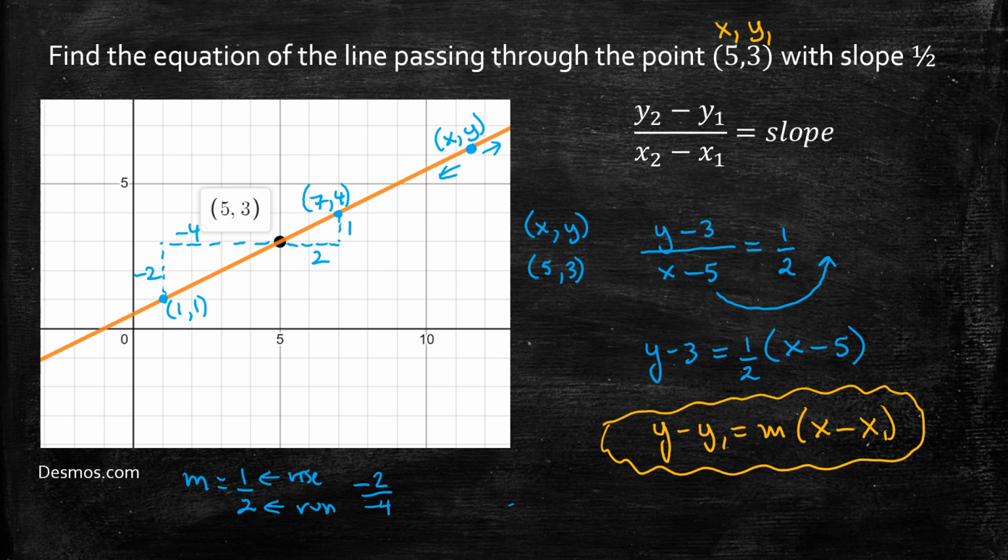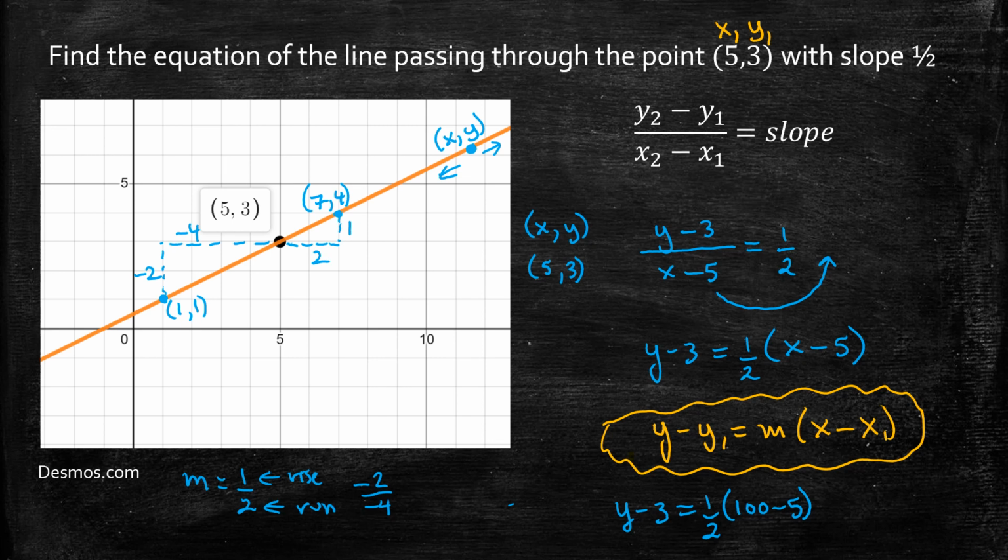So why is this useful? Well, of course, if I was curious as to what the y coordinate is when x is 100 on this line, it'd be a long way to get out there using a slope of 1/2. But if I just plug in 100 for x